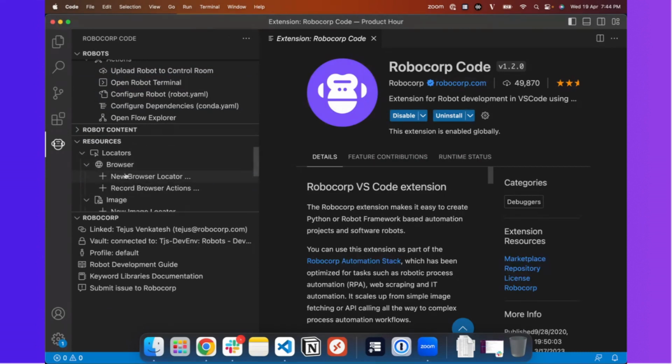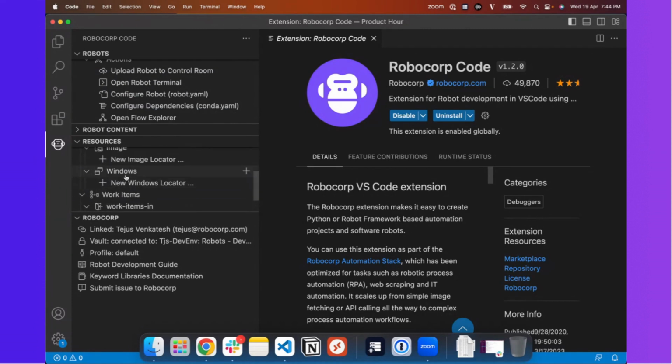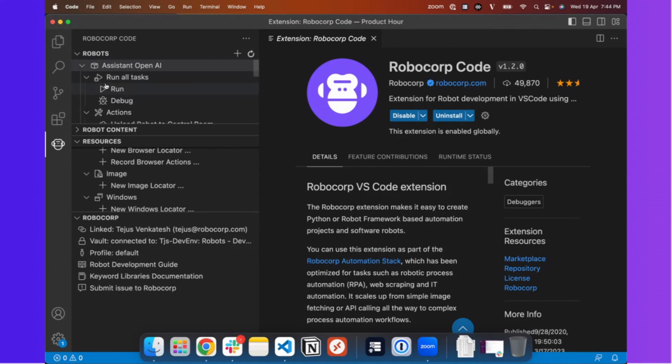You can create any browser locators or image locators or Windows locators. When you come to the extensions panel here, when you have installed this particular extension, you see all the robots in the given file.